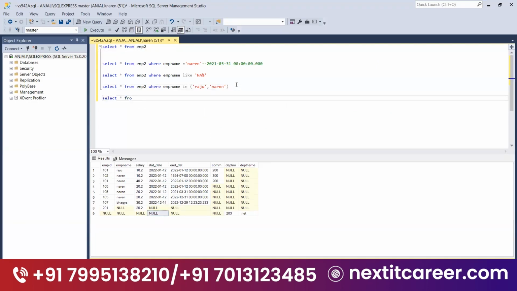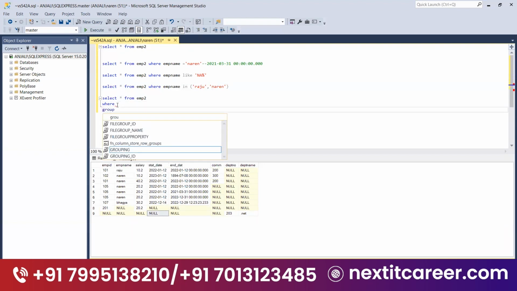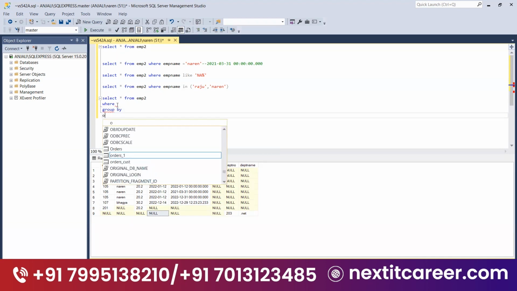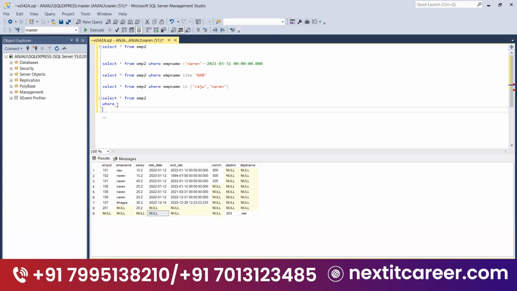Select star from EMP2 where... it is always recommended to write a query like this. First, select star from table, then after that whatever condition you are going to use, and also group by and also order by. Like this you have to write. Whatever the next clause you are using, in the next step you will have a clear picture on writing queries. Where employee ID